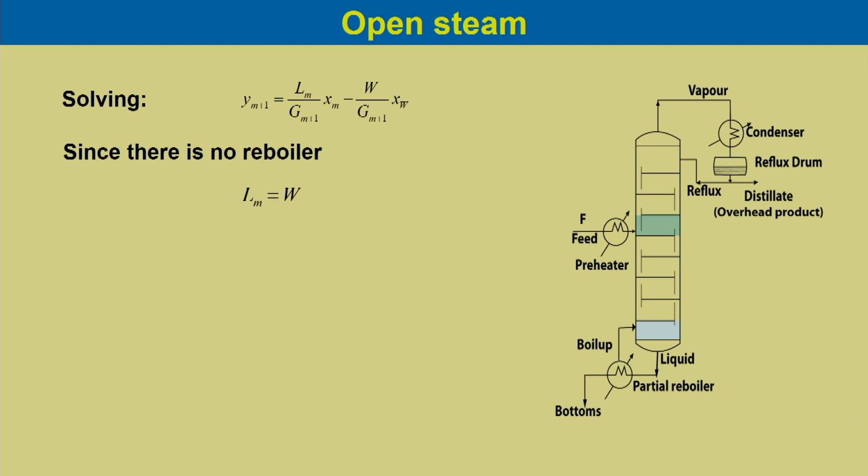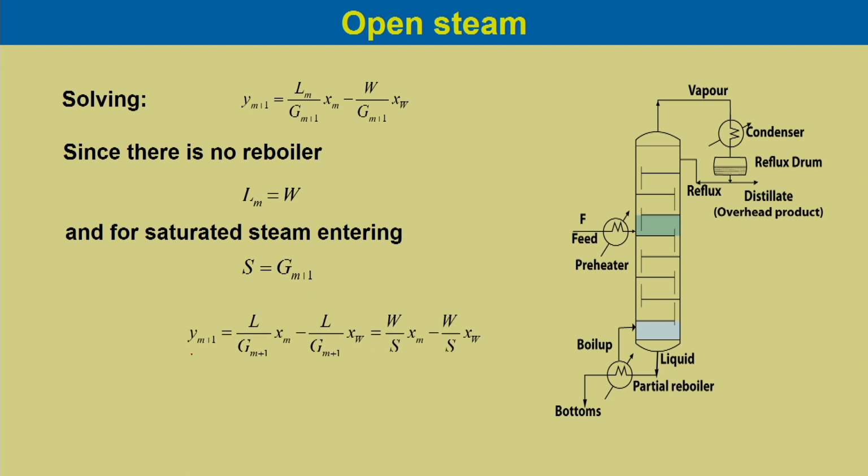Since there is no reboiler, Lm would be equal to W, and for saturated steam entering, S would be equal to Gm plus 1. Then the operating line equation in the stripping section would be Ym plus 1 equals W by S Xm minus W by S Xw. If we take out W by S from both terms, we can write